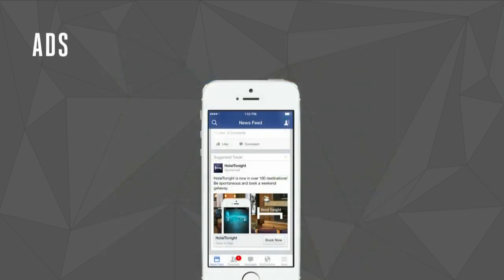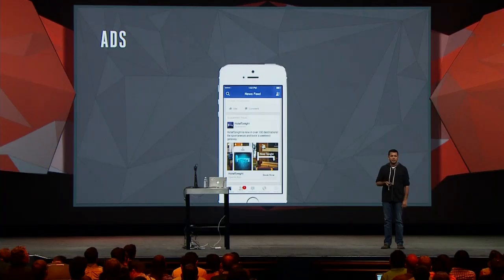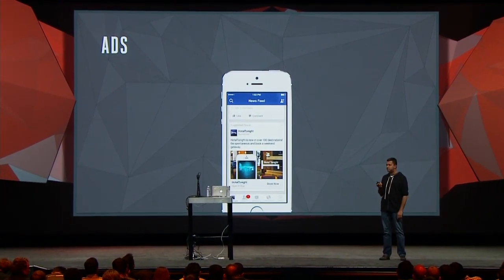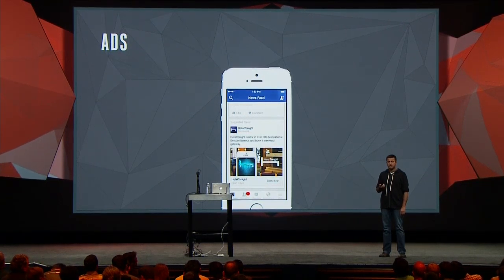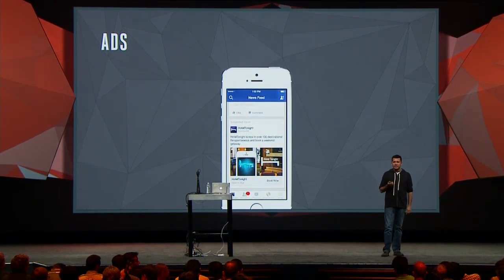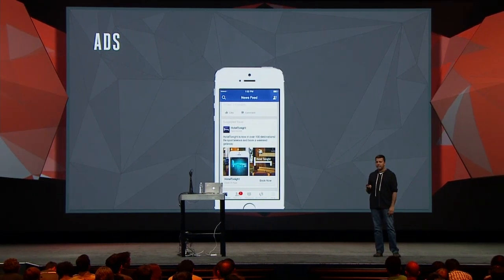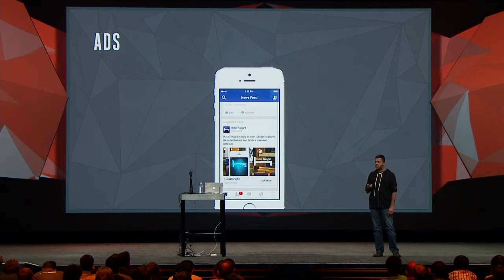And just like stories, app links power ads as well. So better content experiences will lead to better engagement, and that will translate to better ad performance as well. And like we had discussed earlier, given how easy it is for you to expose deep links via the standard, you can now take advantage of that to engage specific audiences with the exact piece of content in your app, so that this way, the number of steps they have to take in order to complete a specific action is going to be far fewer. This, again, will lead to much better ad performance.